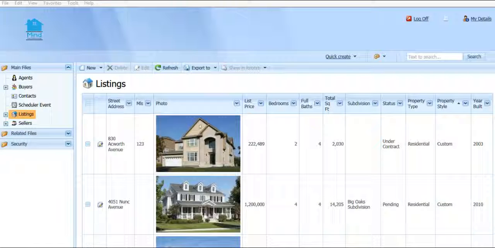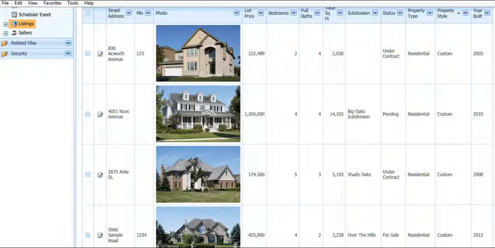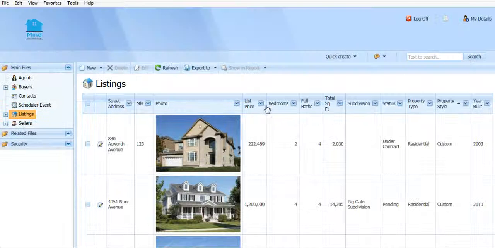This will be a brief introduction to the web-based version of Mind Your Own Listings. It's kind of a supplement to the desktop application. It's not as full-featured, but it has quite a bit of capabilities. Looking at the grid style, which is just like you'd see in the desktop version,